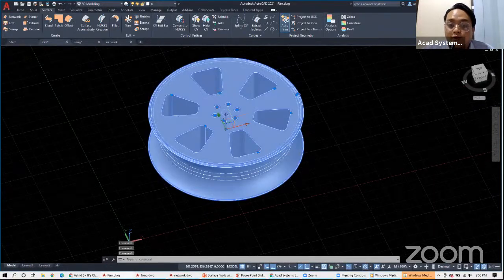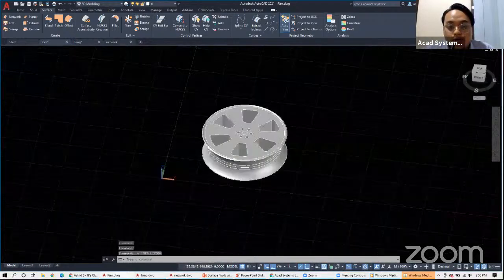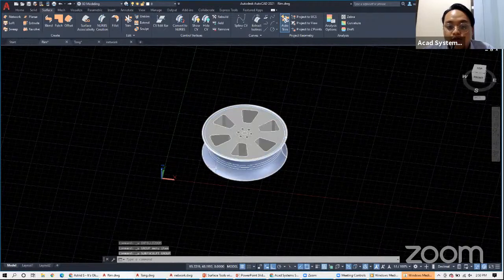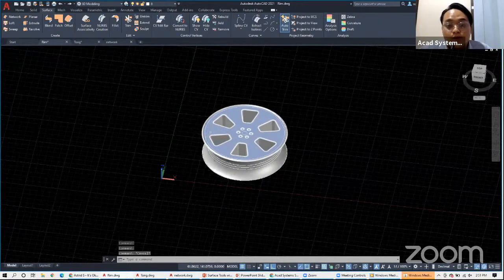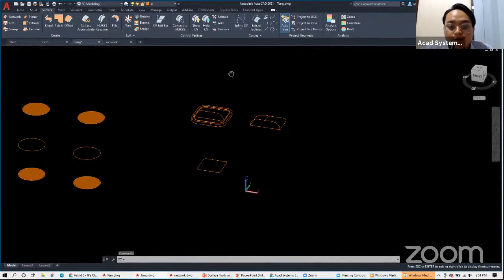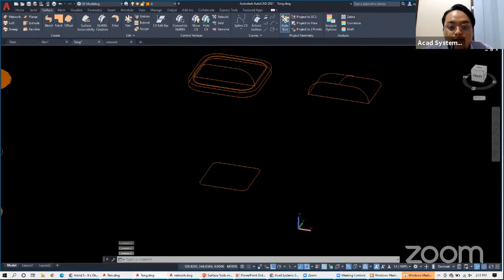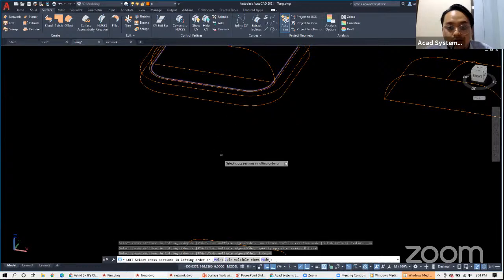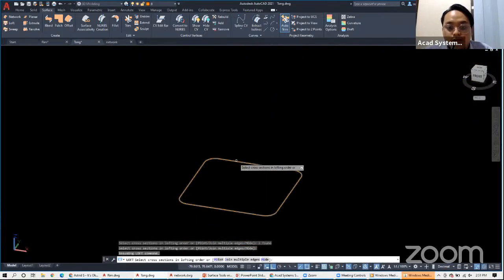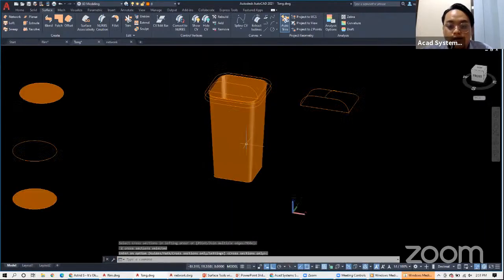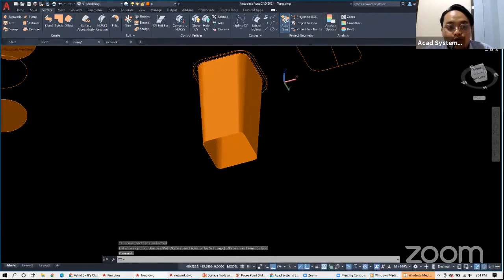But sometimes if you want to create your model only on surface and only some parts is solid, you can use this one. Okay, and also I have this one. Okay, this one is I create a dustbin, so I just select this, oops, this one and the bottom part, enter. Okay, now I want to show you